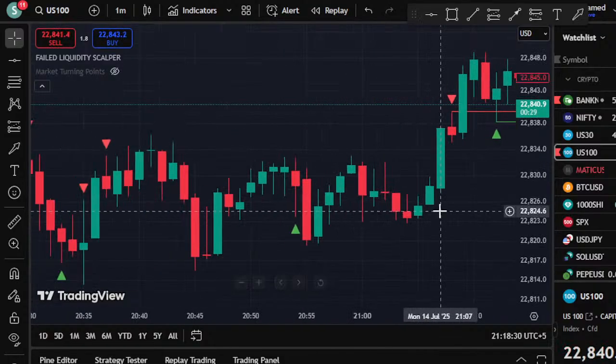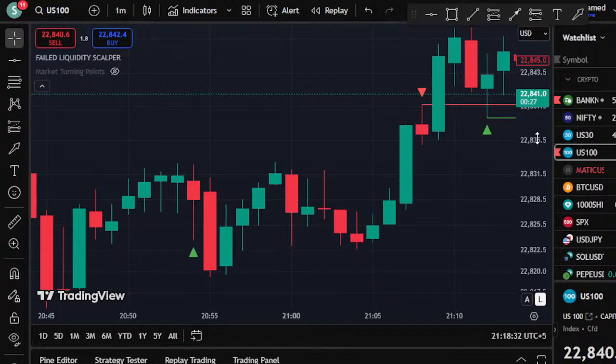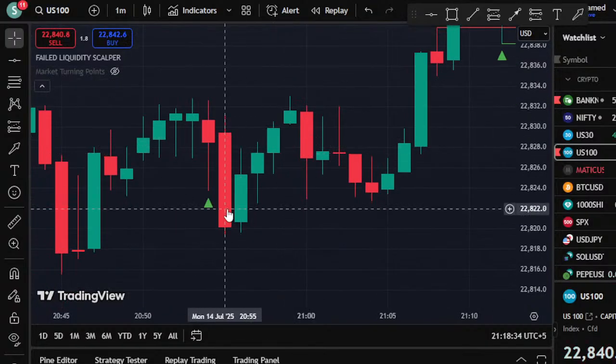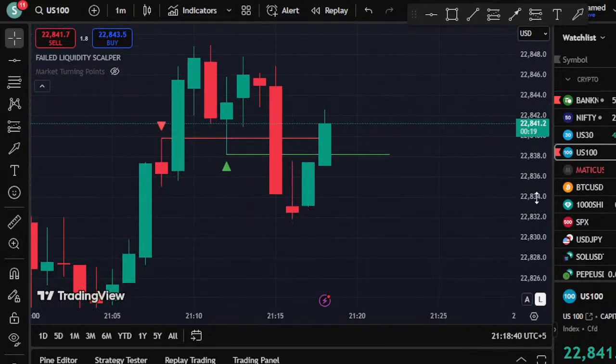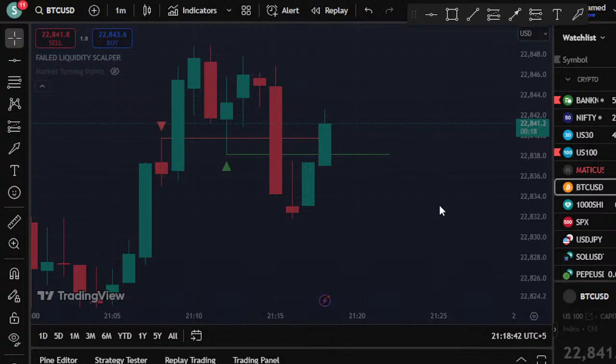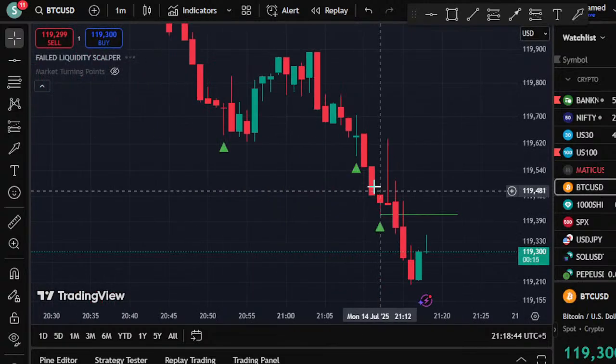So for example, look at this one. This is the example. Look at this long bearish candle. Can you see? It breaks the low, but you can see the price is reversed. So similarly, I will not take that trade. When anyone takes the indicator from me, I also tell them the caution of the indicator.